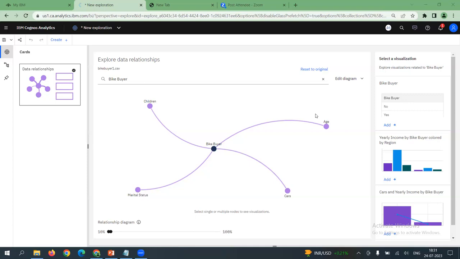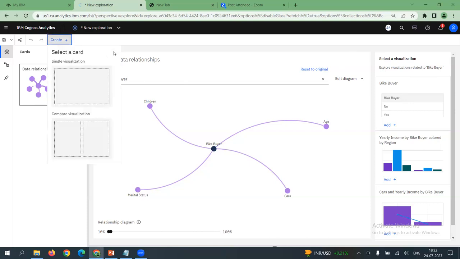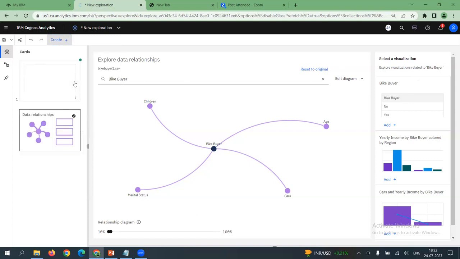So if we examine each independent variable in the data set, the technique is called univariate analysis. If you would like to study the dependencies between two variables, that can be termed bivariate analysis. Further, we can also do multivariate analysis. So to start, after this relationship diagram, I would like to continue creating my visualizations for exploring data. So let's start together. Click on the create button, and to project a visualization, let's start a single visualization.